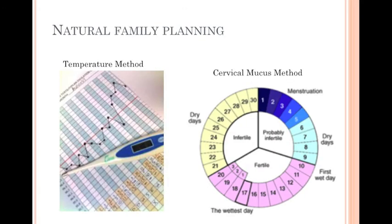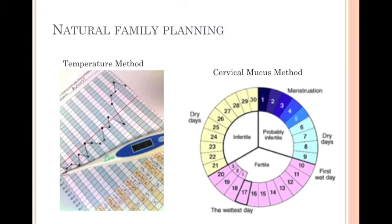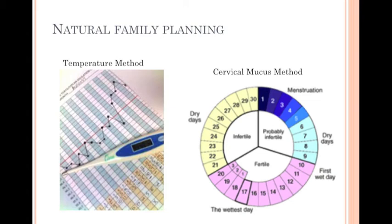There is also natural family planning, where the woman learns to recognize fertile days of the menstrual cycle and has no intercourse during the woman's fertile time. There is the temperature method and the cervical mucus method. In natural family planning, the woman must chart the temperature and or vaginal mucus every day to learn to recognize fertile times. It is between 95 to